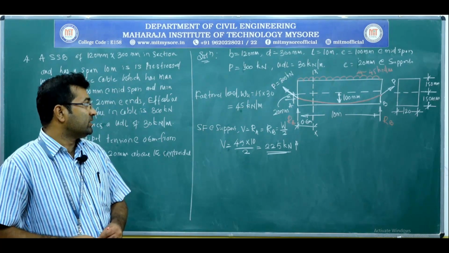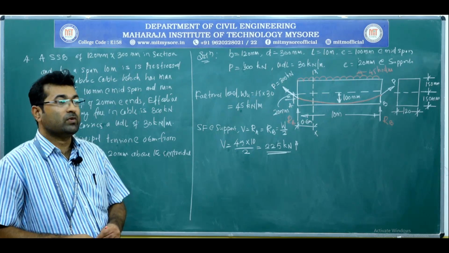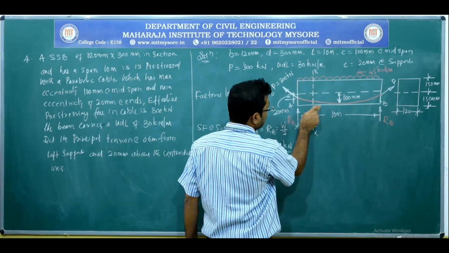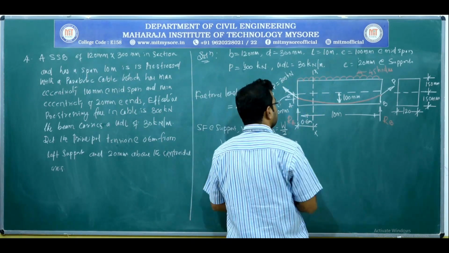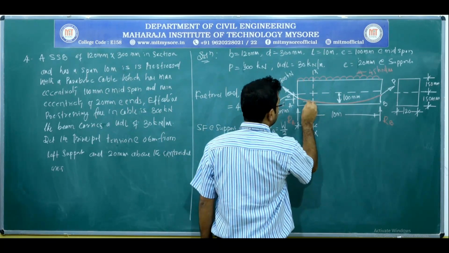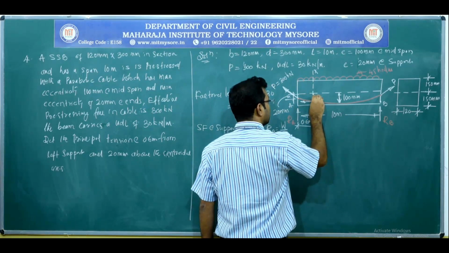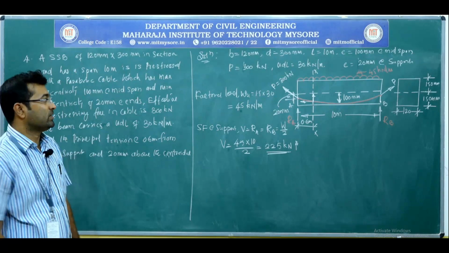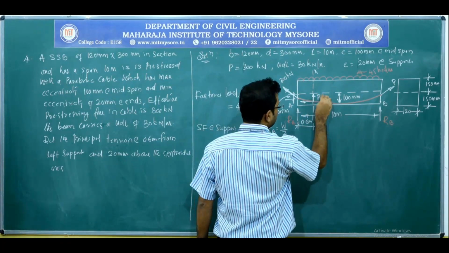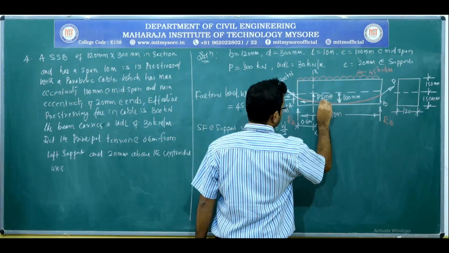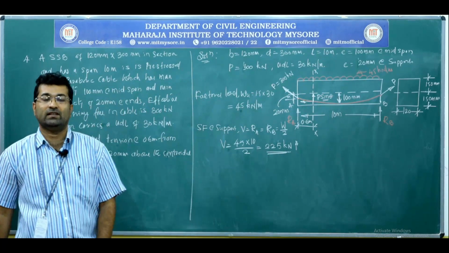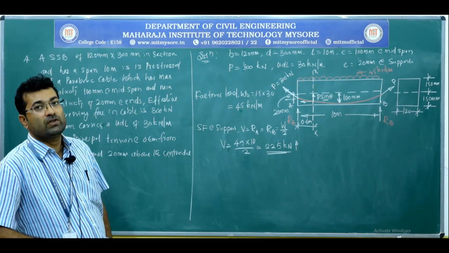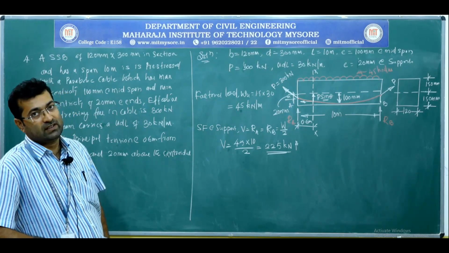Now, apart from this, we have to calculate how much is the vertical pre-stressing force. See, as the cable is parabolic in the nature, as we have discussed in the previous class, it will have its components in the vertical and horizontal direction. So we need to calculate how much is the vertical pre-stressing force, that is P sin theta. We need the vertical component P sin theta.